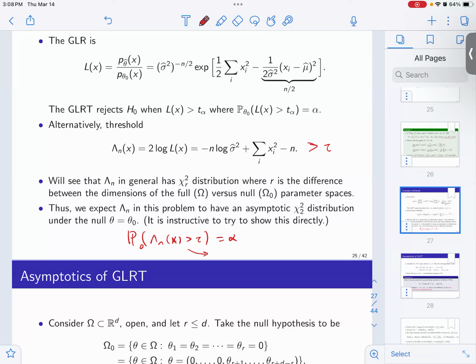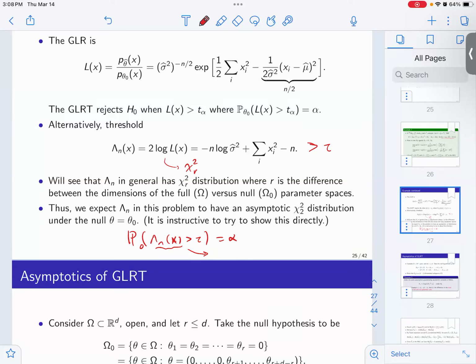converge in distribution. This quantity is going to converge to a chi-squared with r degrees of freedom, and r is the difference in the dimensions of the full versus the null parameter space. In this case, the null parameter space has dimension 0 because it's just a point, and the full parameter space is 2-dimensional. So the difference is 2 minus 0. So you can use the fact that under the null, this is going to converge to chi-squared with 2 degrees of freedom